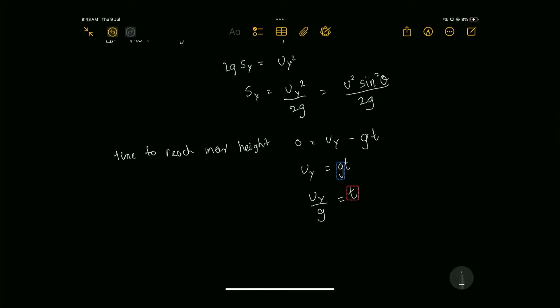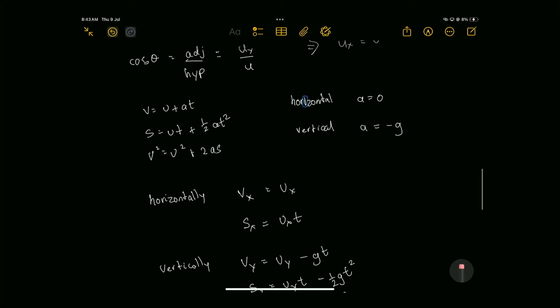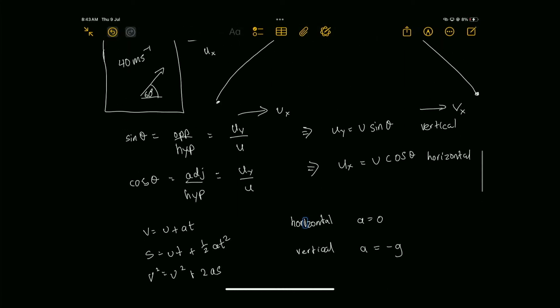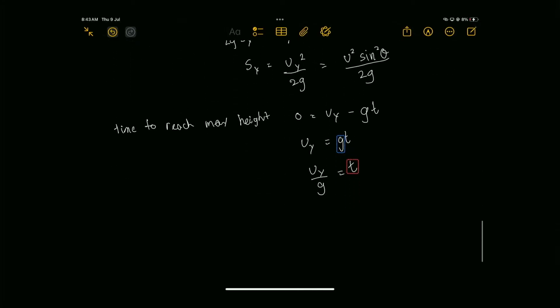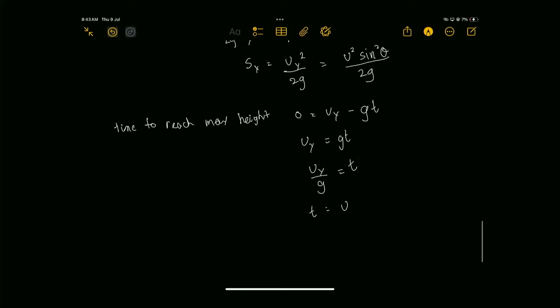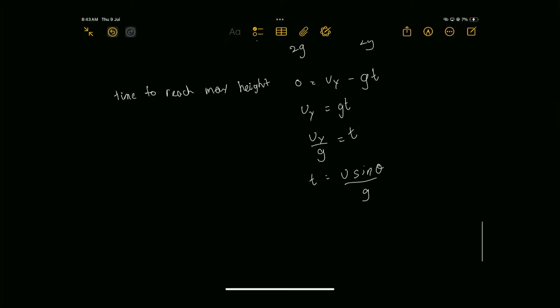Now, we know Uy from above here. Vertical Uy is equal to u sine theta. So we could write this as t is equal to u sine theta over g. And the time to reach the maximum height now is just twice this. Sorry, the time taken for the full flight